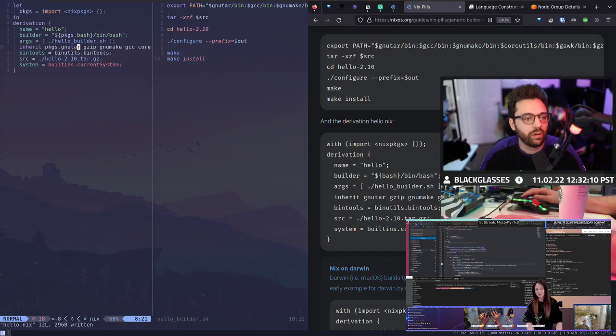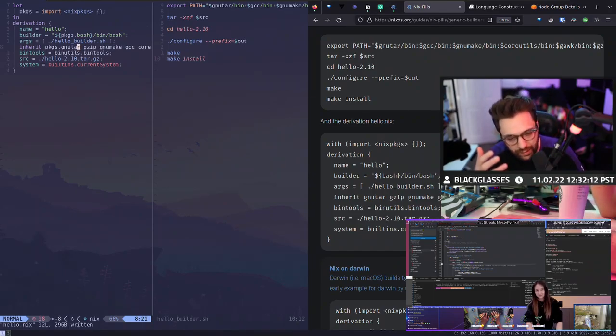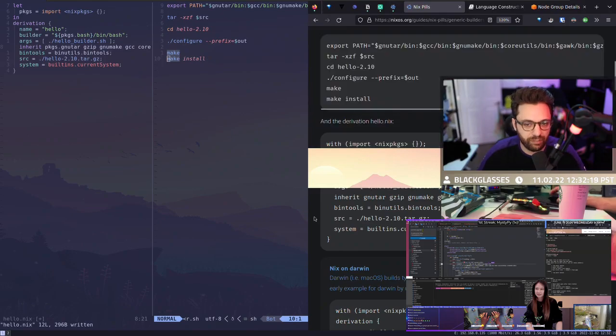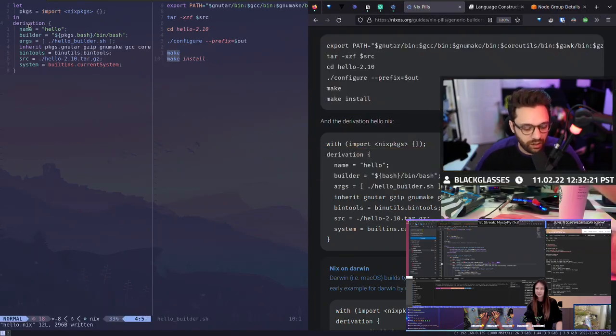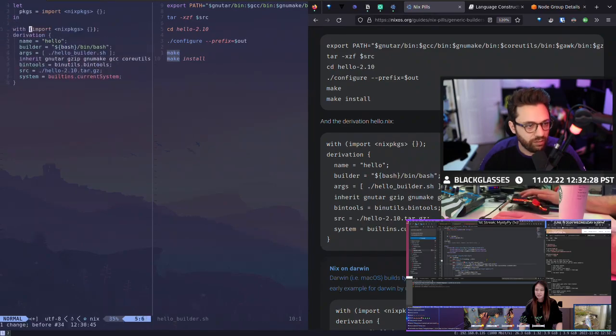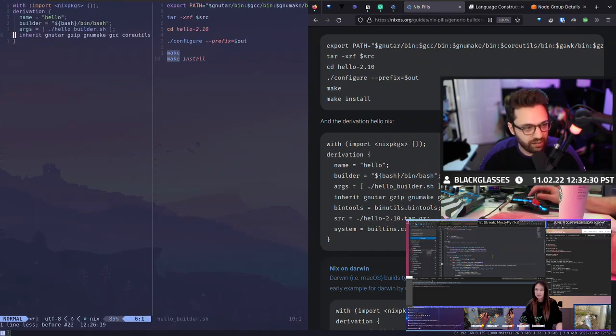The reason it was written in this form with the with and the evaluation is because Nix can make it so that you can have a scope of an object within another object, right? So if I undo what I just did and bring it back to here really quickly,